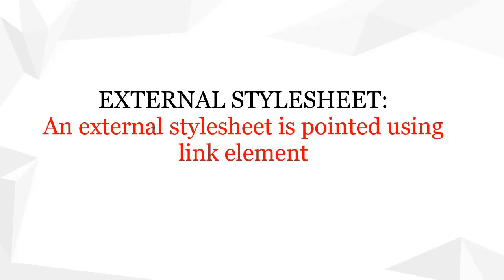And finally, the third kind of styling is the external style sheet, okay? In this kind of styling, an external style sheet is pointed to using a link element, okay? We use the link element to join a style sheet and an HTML page. So let us discuss this clearly while going through our CSS tutorial. The next tutorial is CSS, so let us discuss it then. For now, let us discuss the embedded styling.